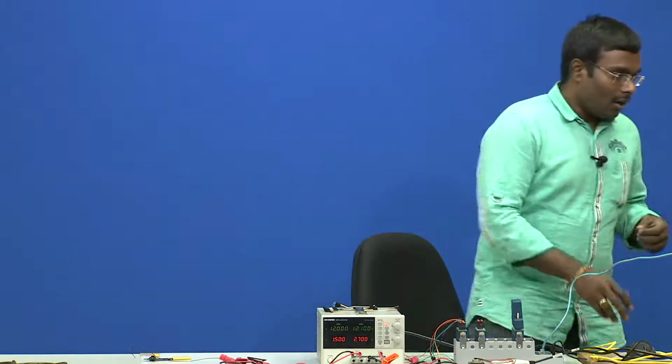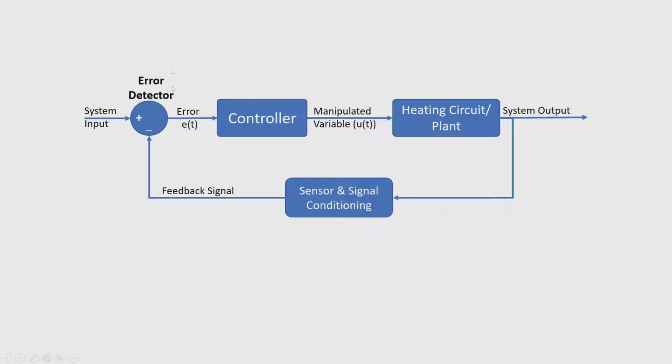So if you recall the complete closed loop control system, the user intends to understand the system output. The output in this case is nothing but temperature, and since temperature is not an electronic unit, we require a sensor which converts temperature to an electronic output. Moreover, sometimes it is necessary to have a signal conditioning circuit. The reason is to match the units of the system input to that of the output of a sensor.